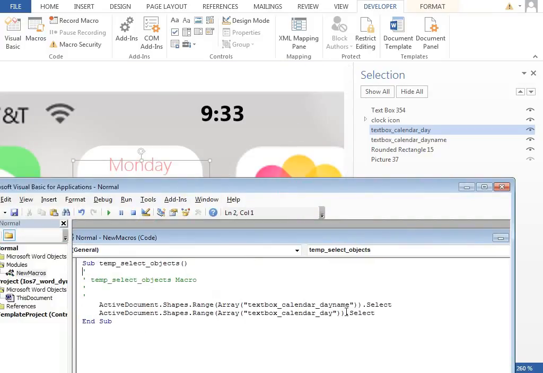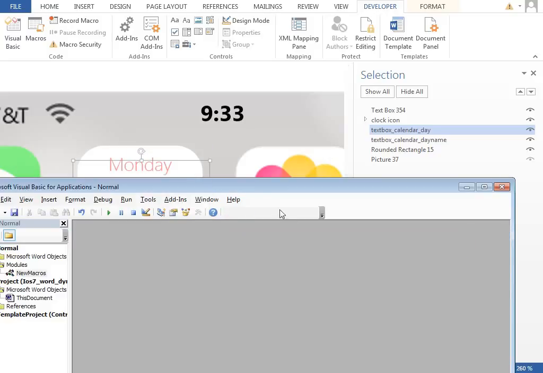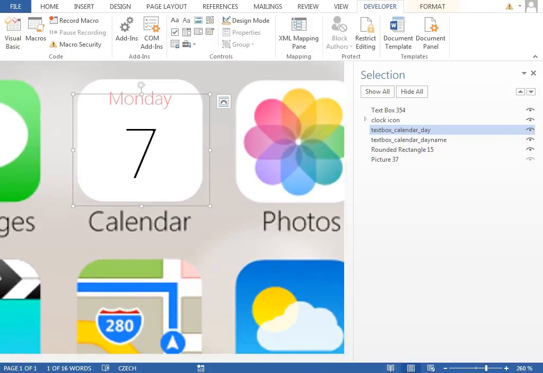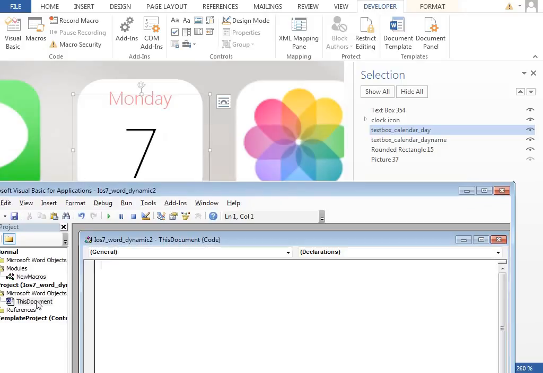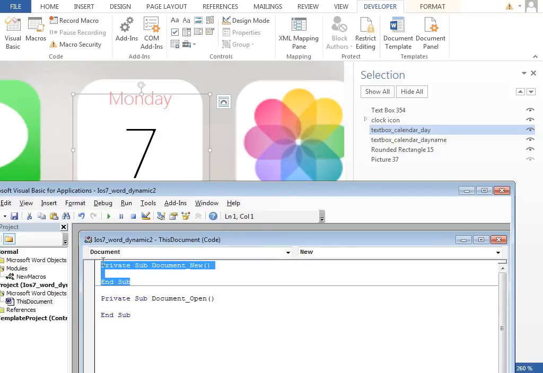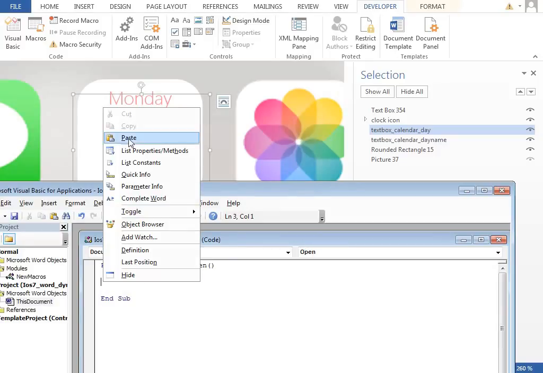And here are those two lines which will be helpful in the future, so we can copy them into the clipboard, close this, and make it a little bit smaller so we can see both at the same time. And in here I'll click on this document, and because we want to change those labels when we open the document, I will select document, open, delete those two lines, so this macro will run when we open the document. I will paste those two lines,